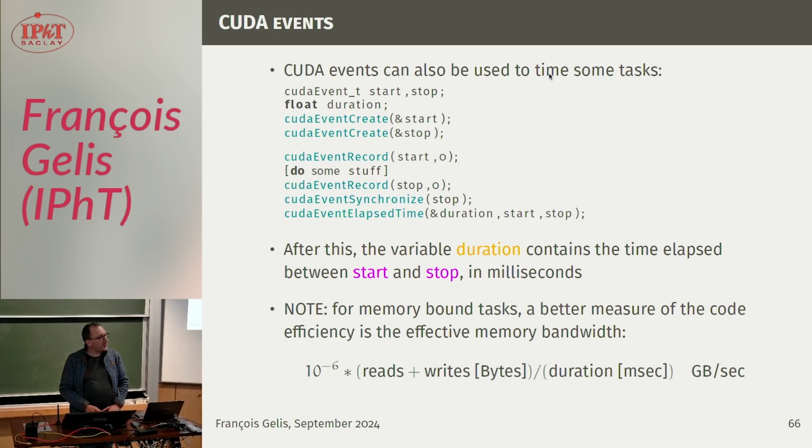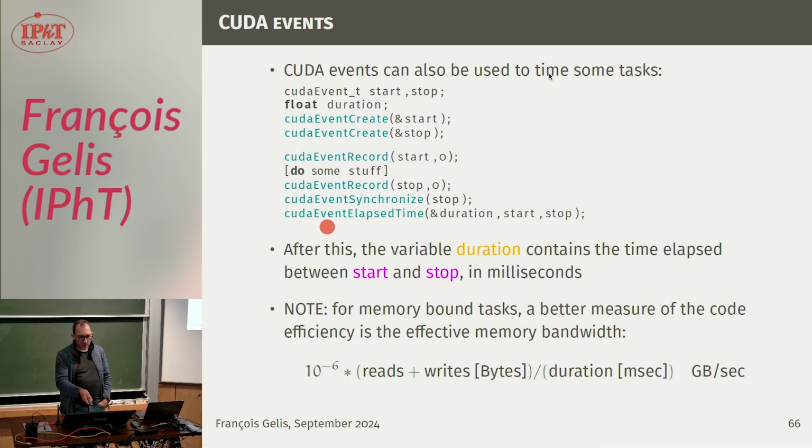Can you reuse the events you created? Yes. You create it once, and every time you call CUDA event record, for instance, it's updated by the new tasks that are in the queue at this moment. You don't need to create a new one every time you want to call one of these functions. And